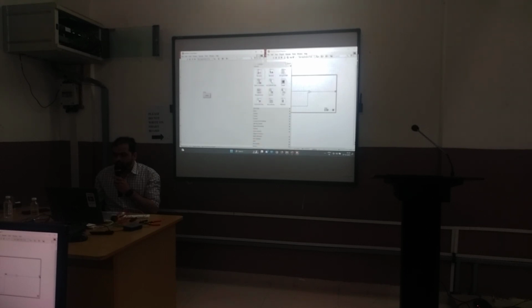Now create a numeric indicator on the front panel. Wire this numeric indicator to the output of addition.